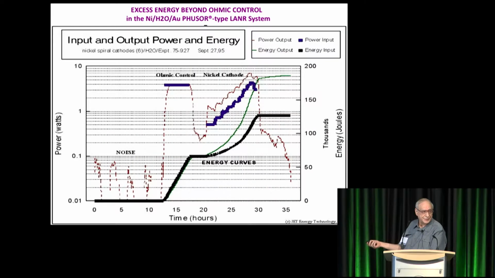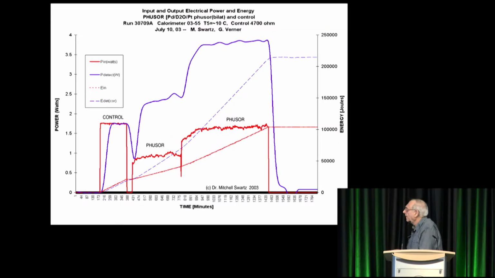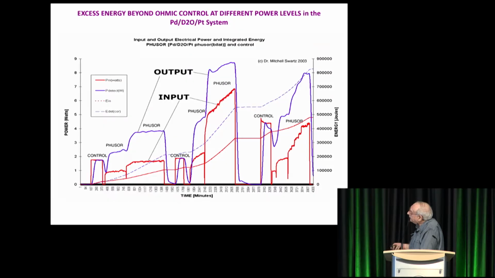This is an ordinary water system, a gold anode and a nickel cathode, and we're driving it with ordinary water. Here we're measuring the noise. Here's an ohmic control, a nice match of the input and the output. And here we're putting on the input, and we're getting the output here. This is energy. The energy curves go to the right, the power curves go to the left. So we can see we get excess heat, and the reason we're doing it this way is we're working out the optimal operating point. Here is with a palladium